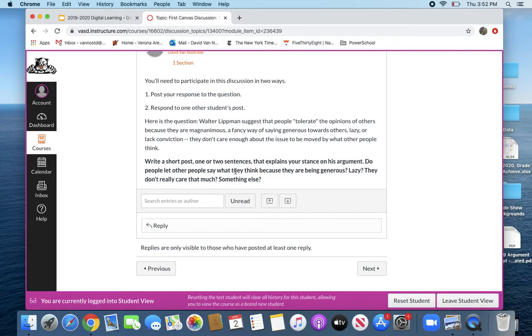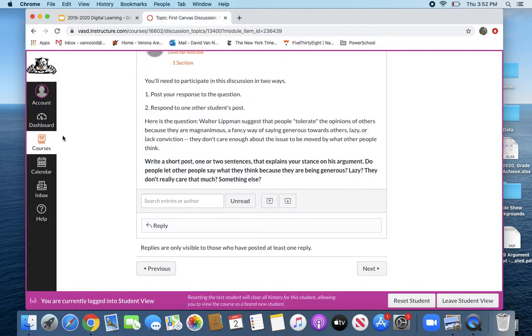The way this is set up, and I apologize if you already know how to do this and this tutorial is kind of a waste of your time, but the way this is set up, you won't be able to respond to anyone until you write your post. So once you write your post, you'll be able to see what everyone else said, and then you'll be able to respond. So that's a Canvas discussion. I want this to kind of mimic the discussions that we would have in class and let that be that piece for us. And so I'm hoping to use this a little bit more.